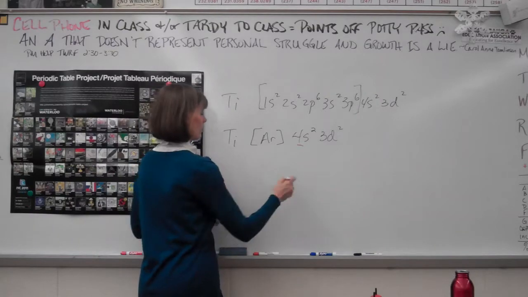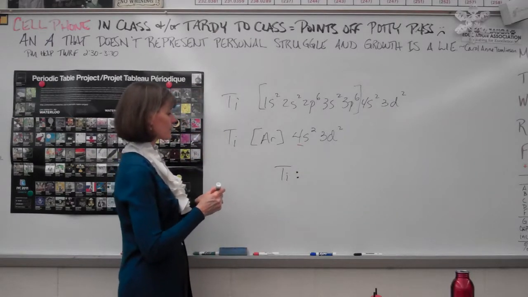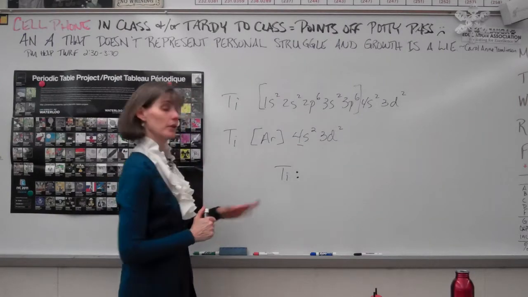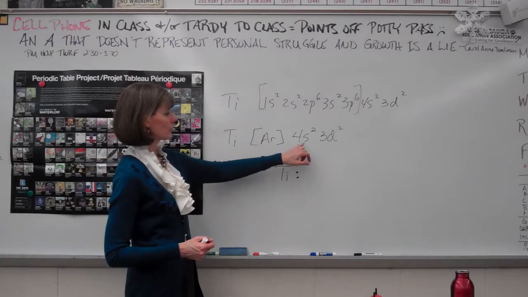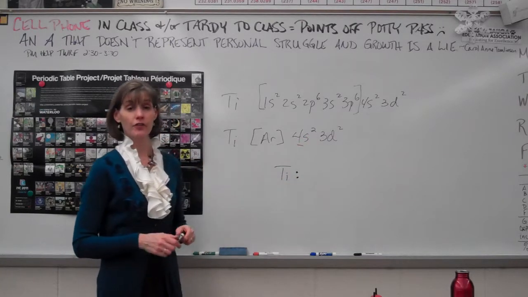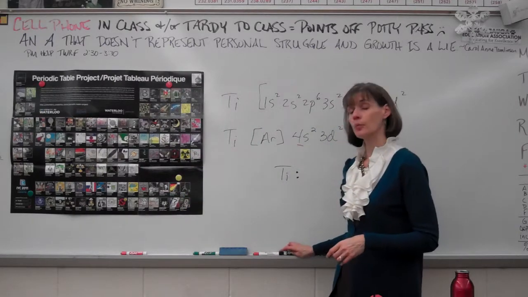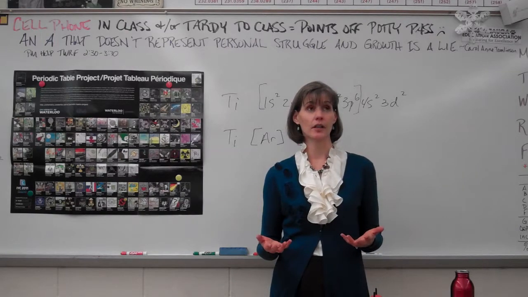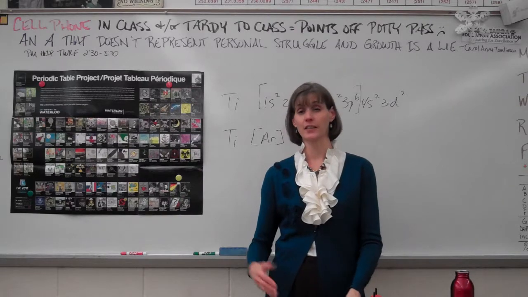It has two. We would write titanium, and I like to put my S electrons together in a pair on that side, but you know from watching the videos that there's a couple different ways to do that, and I will accept either one. Fourth energy level, 2 electrons, that's what we're going to get for the dots. You will see as we go on in chapters that the D block elements have lots of options sometimes. They have different numbers of valence electrons depending on what they're bonding with and how they're reacting. And sometimes they bring in